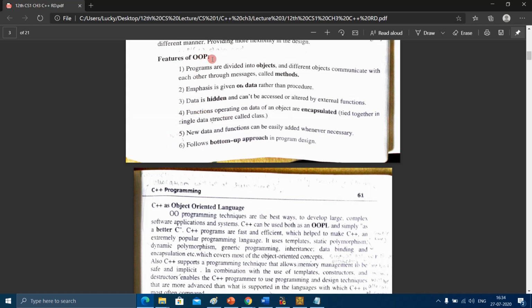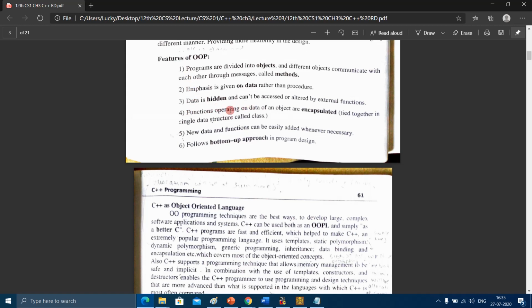So here we are talking not only about C++, but other languages which follow object-oriented programming. So here we are learning features of OOP. Java can also be object-oriented programming. So here we are learning about OOPs, and C++ follows OOPs.